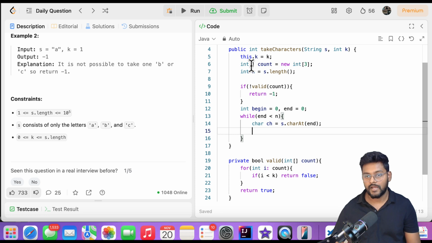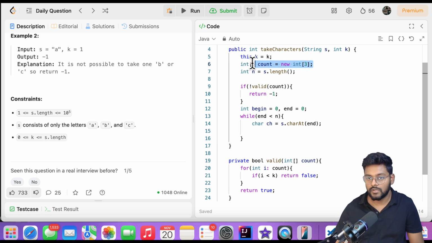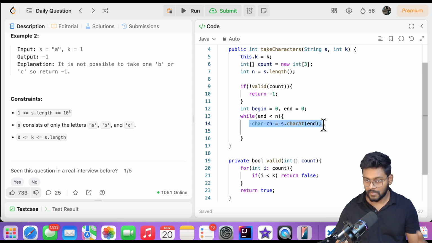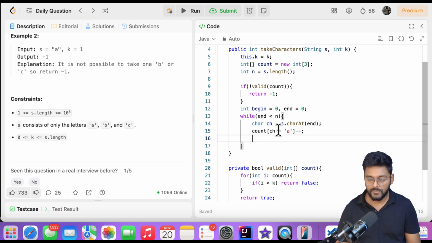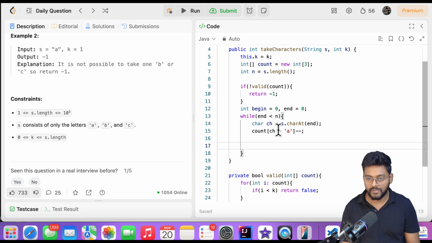count as well. And this count is the actual count of A, B, C in the remaining string. If I'm considering any character in my substring, I will have to remove it from the remaining string counters. So count minus of this character, minus A. Okay, this I have removed,